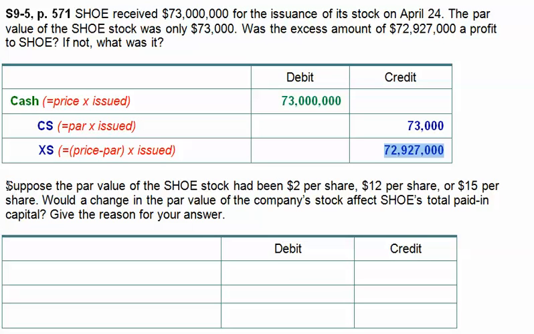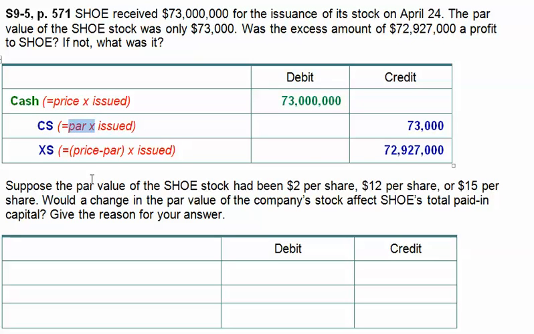Now the question has us deciding whether, if the par value had been $2 per share, how would this differ? Or if it had been $12, how would it differ versus 15? And the question is, would a change in the par value affect the total paid-in capital? If I can use this to show you the example, what you get stays constant. That's not an arbitrary amount, but how that gets split between this account and this account does depend